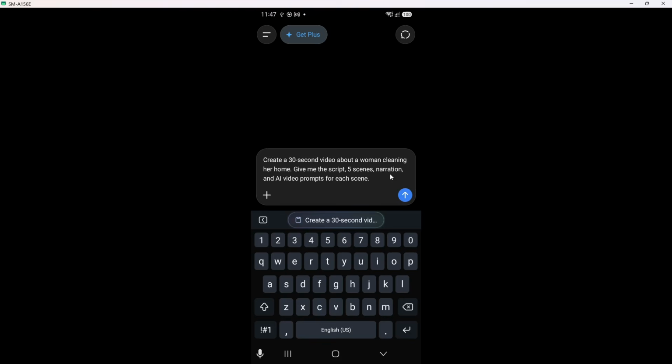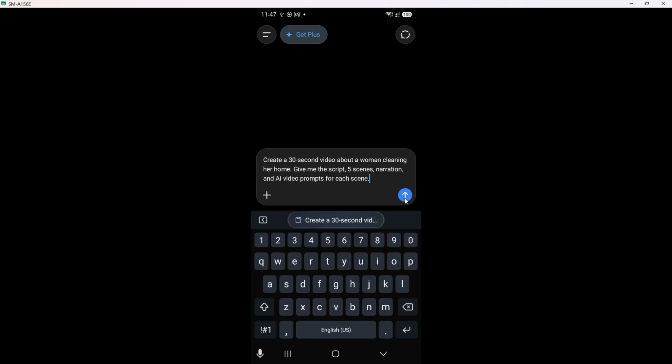For example, you might say the topic is a beginner guide to a tool, the style is friendly and simple, the length is around 3 minutes, and you want maybe 4 or 5 scenes. Adding these details lets ChatGPT shape the script pacing, like how long the intro is and how much time to spend on each point. Next up, ask ChatGPT to create a video script and storyboard.